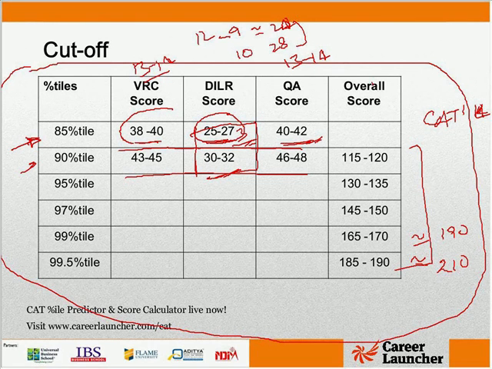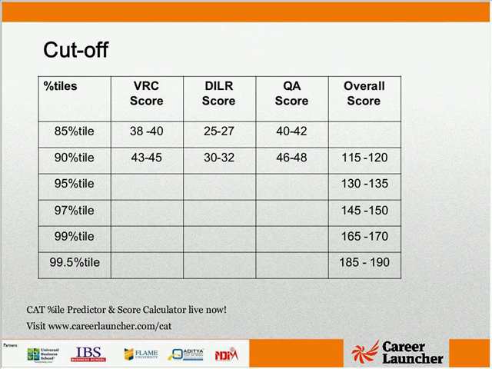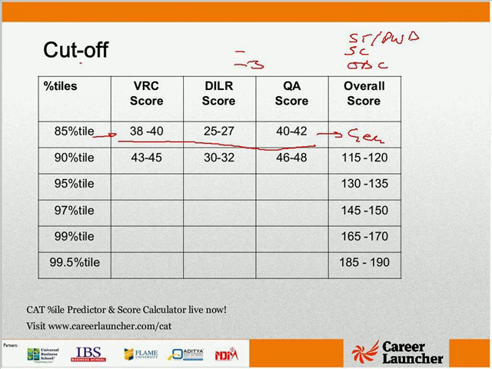One thing I missed mentioning, let me just mention here, which is about the students from reserve category. These are the sectional cutoffs for 85 percentile for general category. For OBC you could reduce this by about 3 marks. For SC candidates it should be reduced by about 6 marks, and for ST and PWD maybe by about 9 marks. So if you reduce each of these by 3, 6 or 9 marks, depending upon your category, you will get the sectional cutoffs for your category.